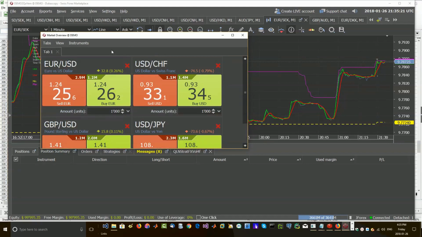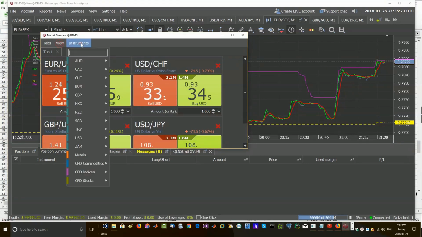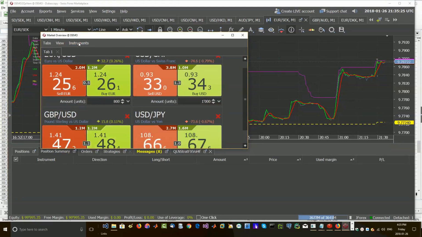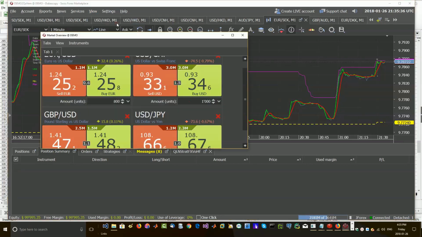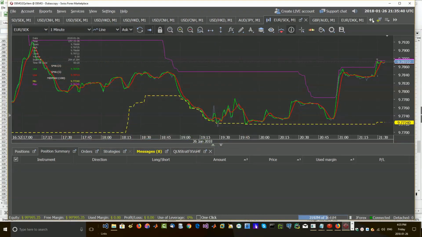This gives you all the major currency pairs. Here's all the available instruments. But let me just see here if I can find what I'm looking for. Market overview. Yeah, we don't want that. I think somewhere